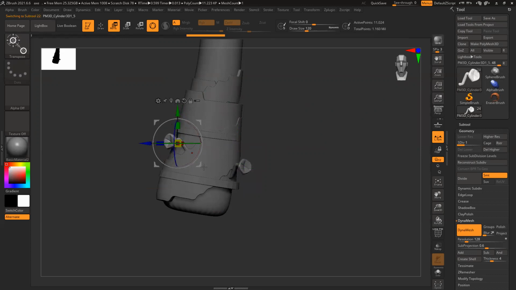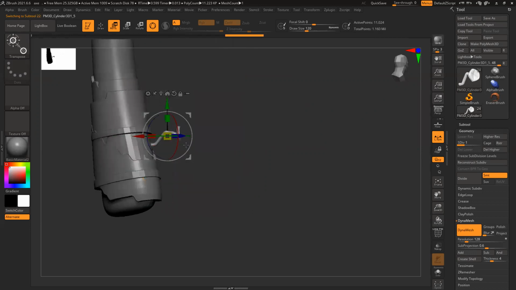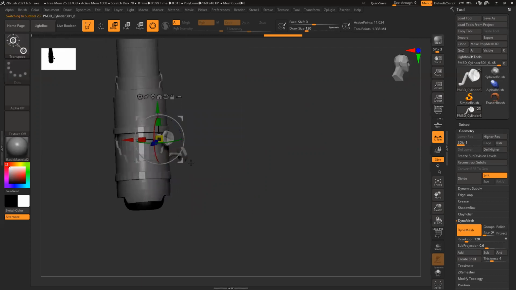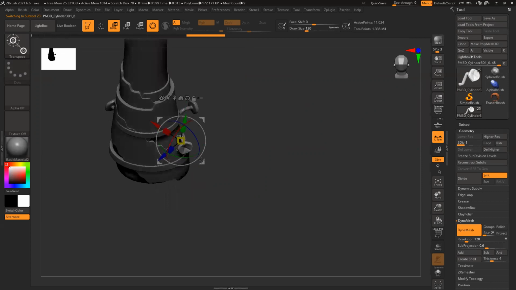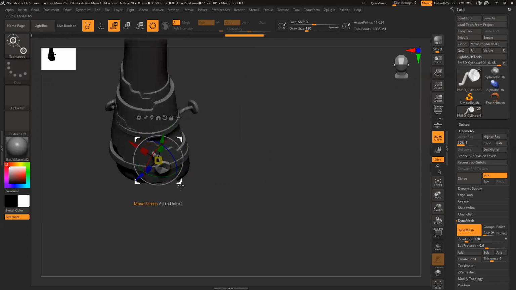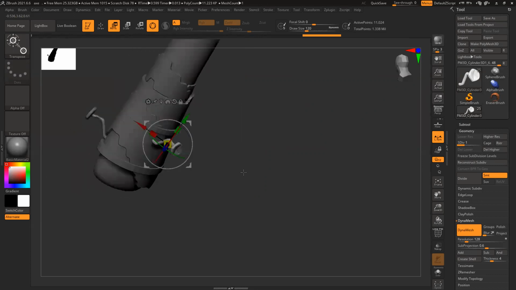This one again, little towards the camera. Should go slightly inside. Control Shift D. It's somewhere here.